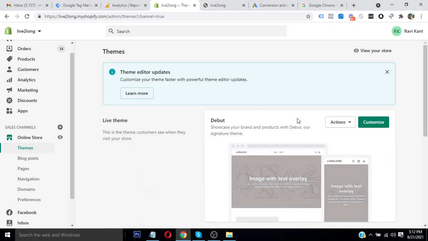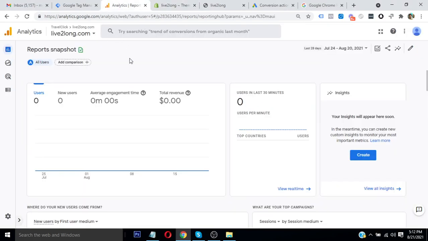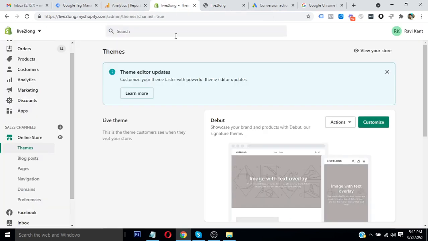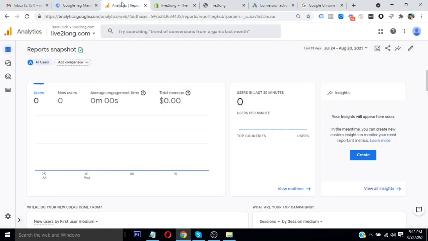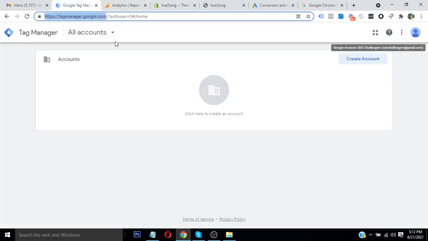In this video, we are going to explain how we can set up Google Analytics 4, which is the new interface of Google Analytics, for a Shopify website. There are basically two methods to set this up. One is to directly embed the code within the Shopify website. The second method is to embed it via Google Tag Manager. We are going to explain both one by one. So let's start with directly embedding the code within the Shopify website.